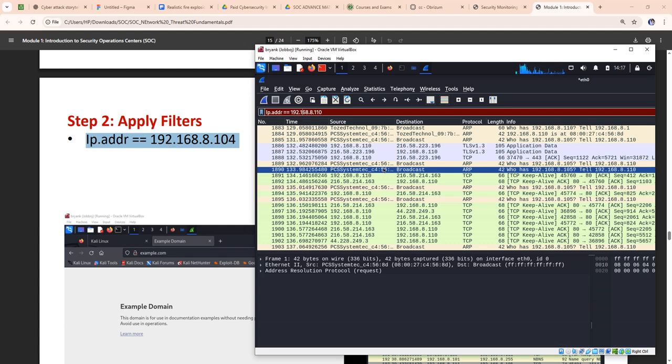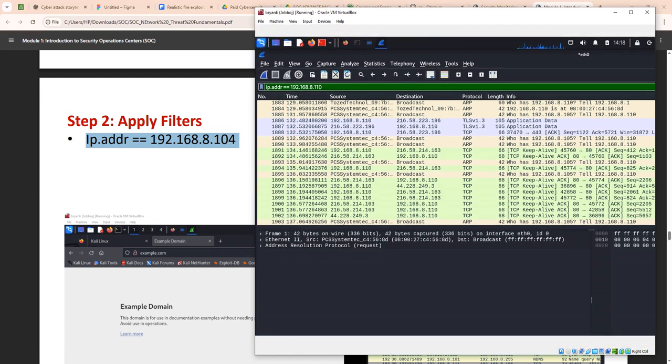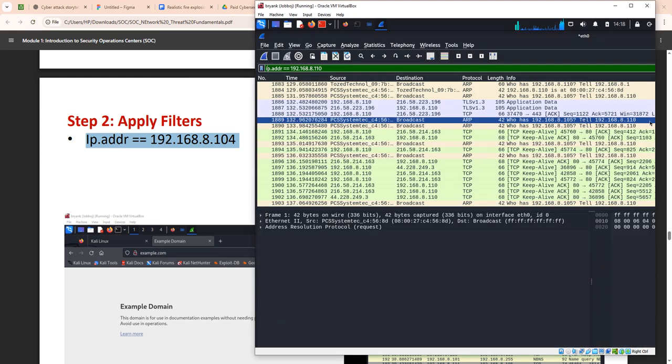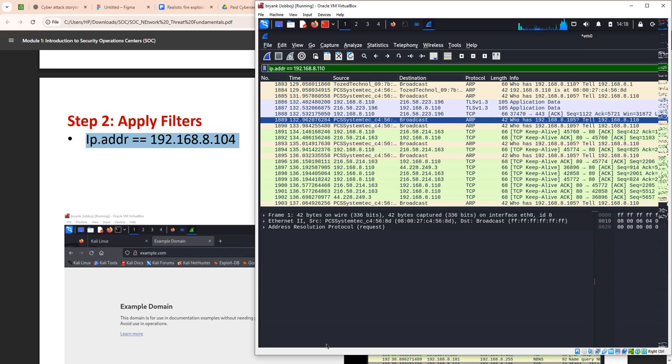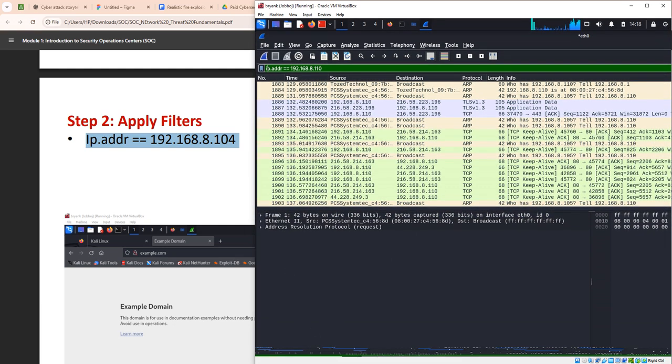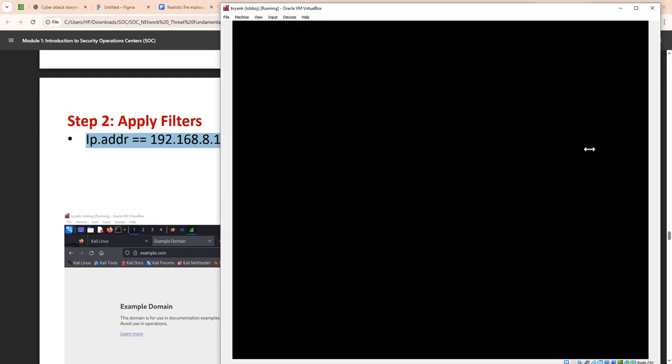So let me go back and change that capital I into small letter i. Did you guys see anything? Green. Yes. So Wireshark is case sensitive. Where you're supposed to put a capital letter and you put a small letter, it will not answer you; it will tell you that you're wrong. Where the address is supposed to be .110 and you put .104, you'll be lost. So now, if I click enter,